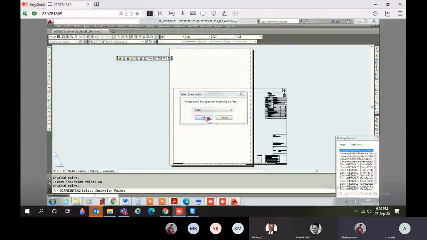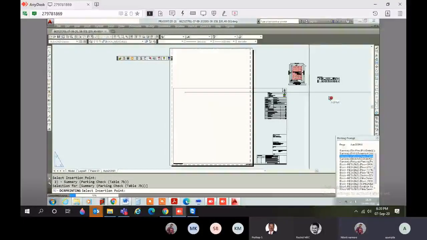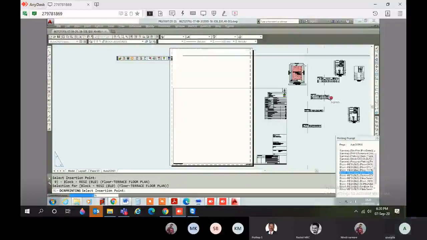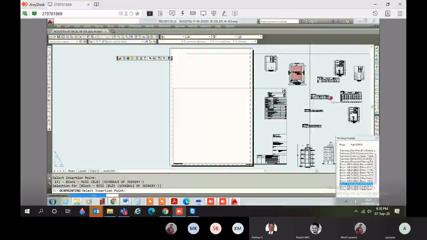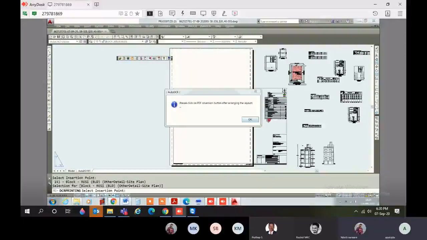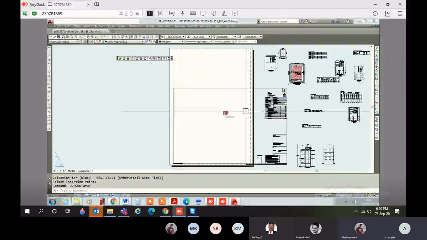Select scale, OK. Then place all the blocks by single click. Click on OK button. Click on no button when asked, do you want to convert?